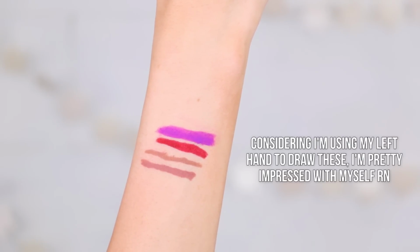They're very easy to use. They don't smudge, they don't break off, and they're not too soft but not too hard. It's just that perfect middle line. I think these are amazing, amazing lip liners. Highly recommend them. Next up is a new concealer, and this is a relatively new concealer for me, but I